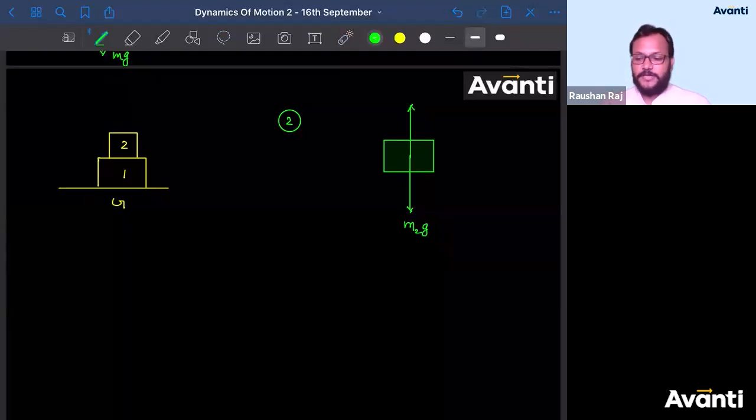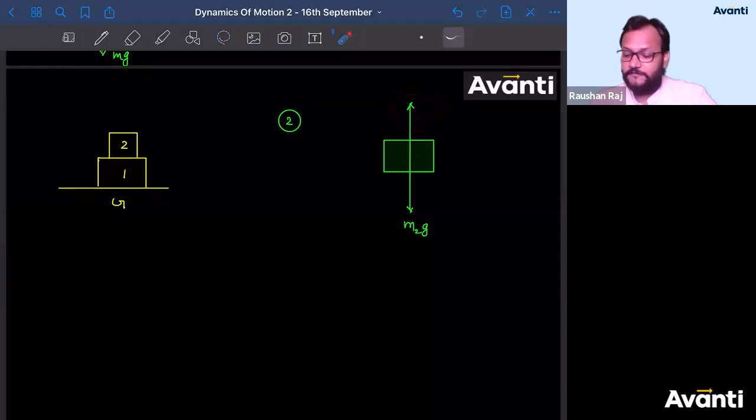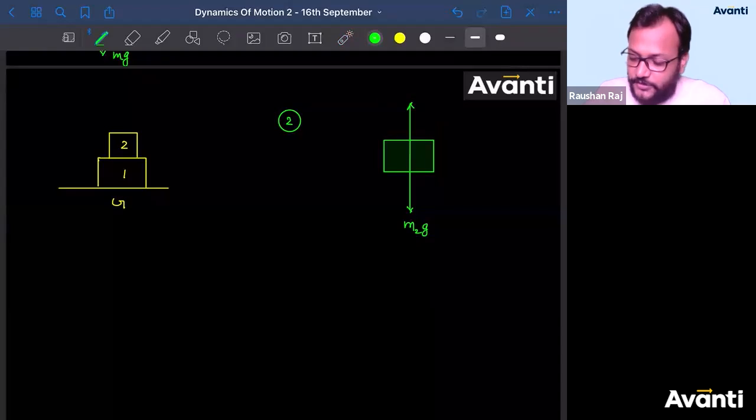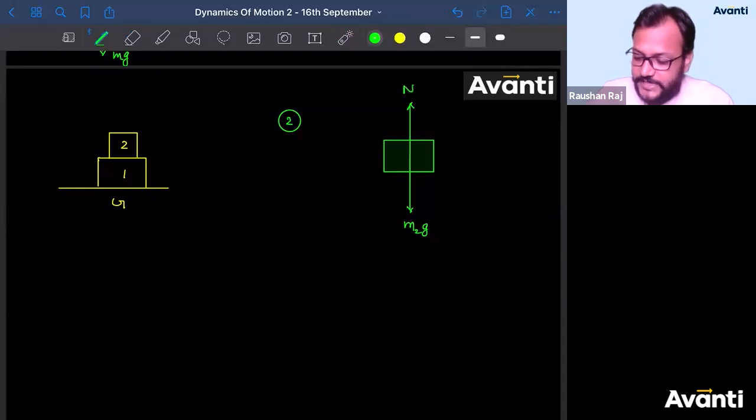ठीक है बच्चा लोग? ये क्या है बच्चा? This is the force on which block? Come on guys, tell me the answer. बहुत ही टफ क्वेश्चन है ये, एरोनॉटिकल साइंस का क्वेश्चन है ये. Tell me, this is a force on which block? This upward force is acting on which block? Second block, right? So I'll say force on this second block, or since this is normal force, so I'll say normal force on second block.